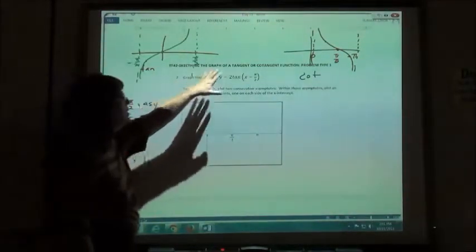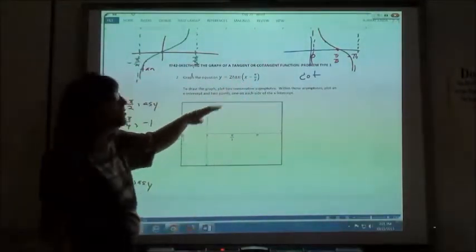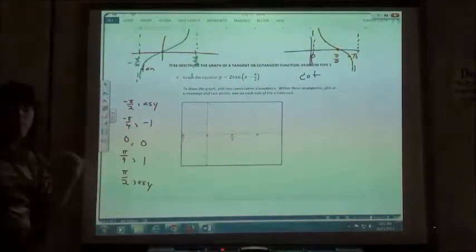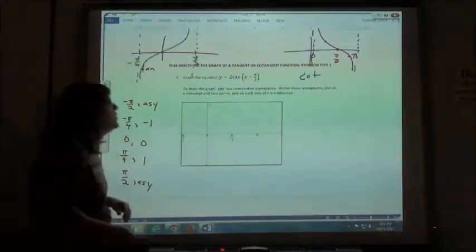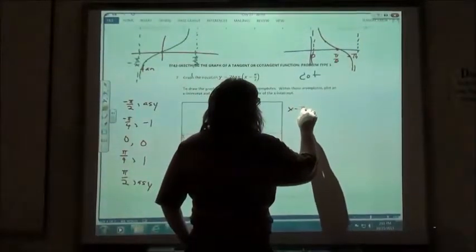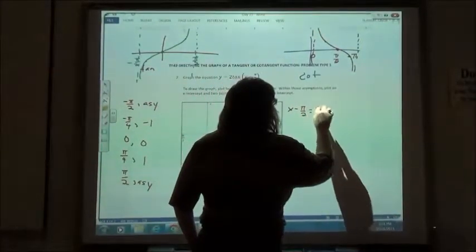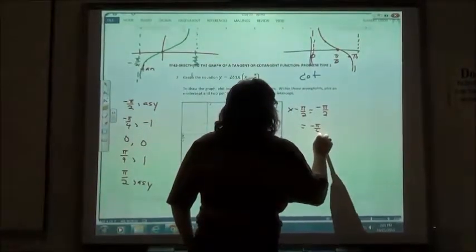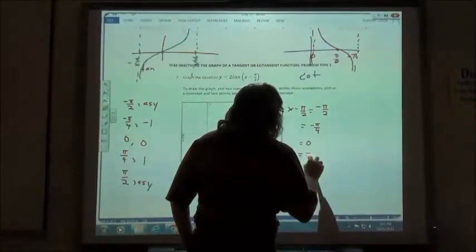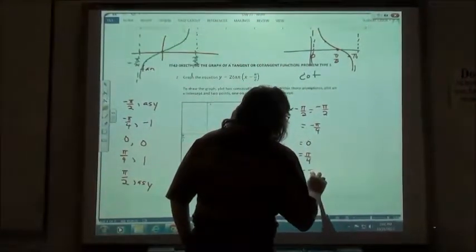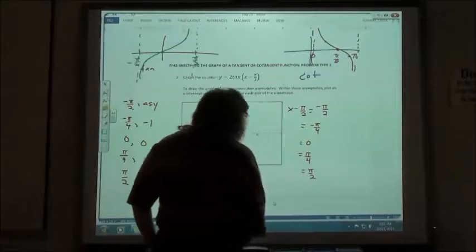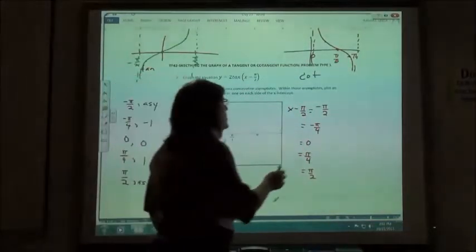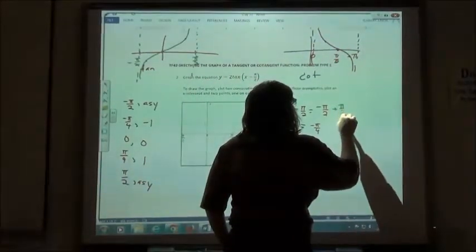So, just like we did when we graphed the sine and the cosine curves, we're going to take our shifts, set them equal to our normal x values, and solve. So, I'm going to say x minus pi over 2 is going to equal negative pi over 2, going to equal negative pi over 4, going to equal 0, going to equal pi over 4, and going to equal pi over 2. So if I'm going to solve those, I have to add my pi over 2 to each of those x values. So if I add my pi over 2,